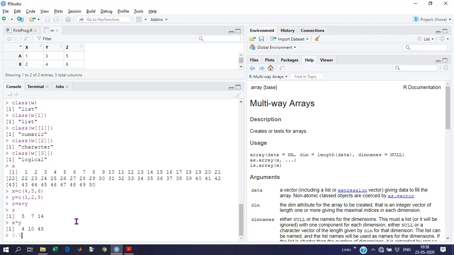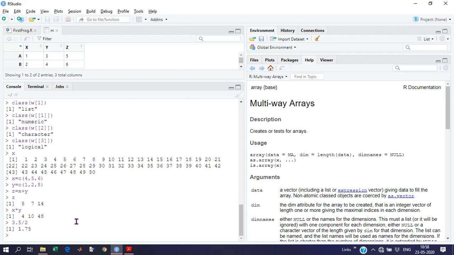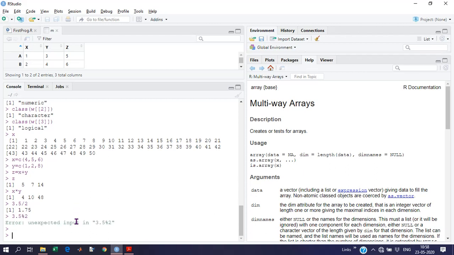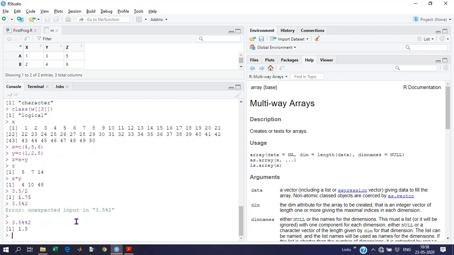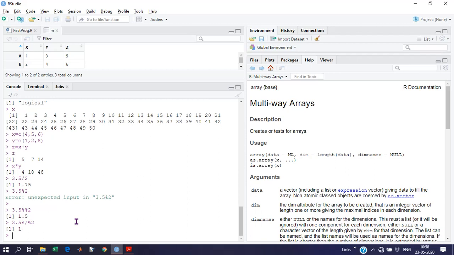What about 3.5 divided by 2? That's 1.75. What if I go for the percentage symbol? 3.5 percent-percent 2 actually provides the remainder term, that is the modulo term.